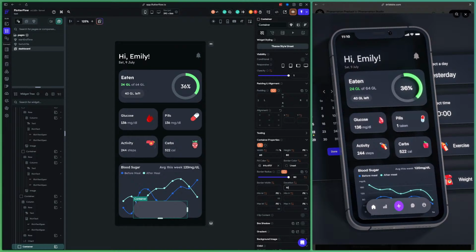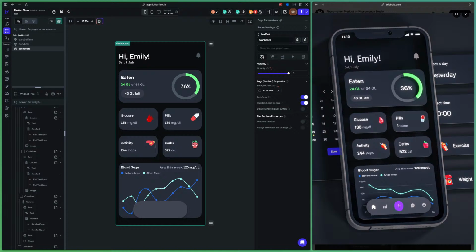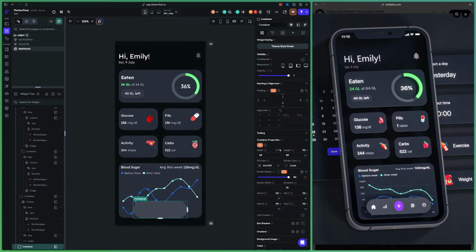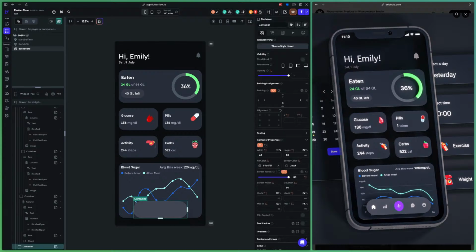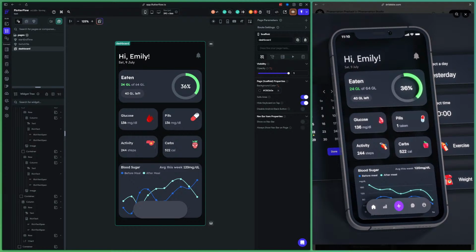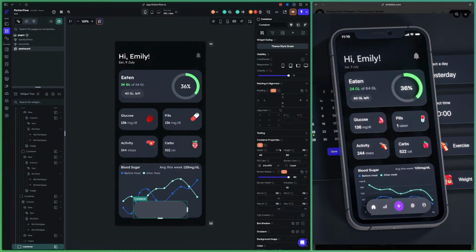I don't think their elevation's that intense. But let's do 50. Yeah, it still doesn't pop out near as much as it does in that photo, but all right. Let's just do like an elevation of 10. That'll be fine. Okay, so now inside this container, we're gonna add a row,